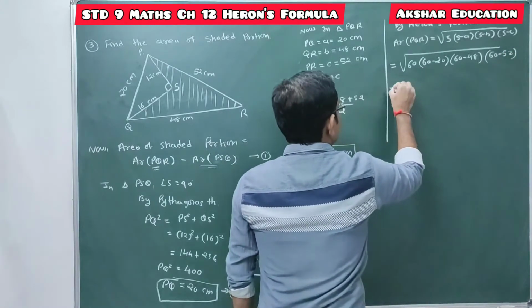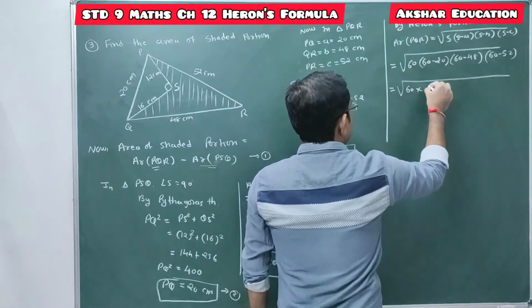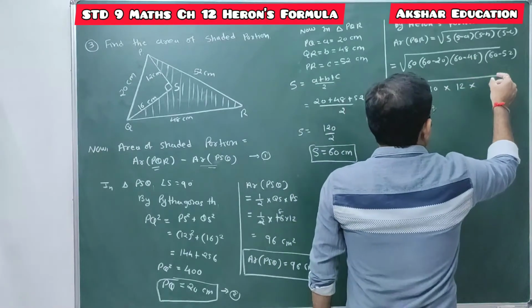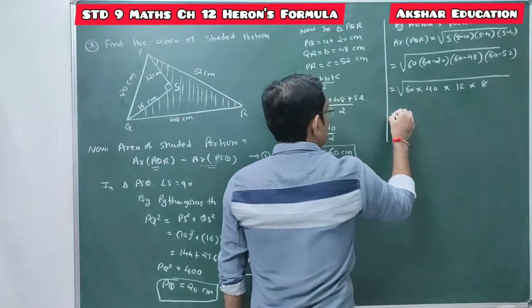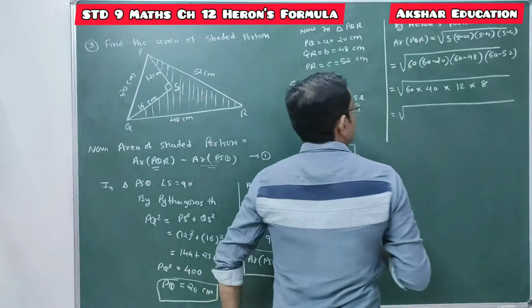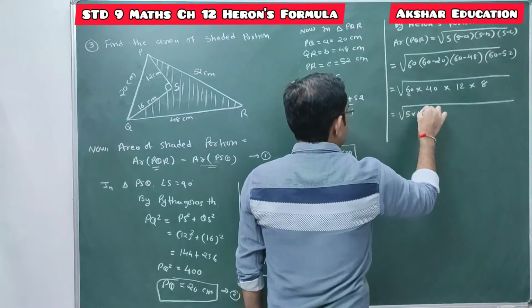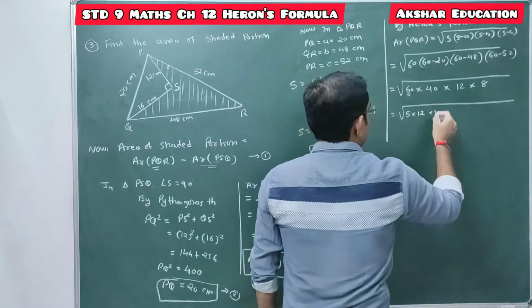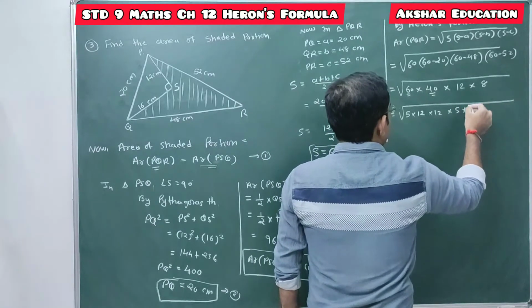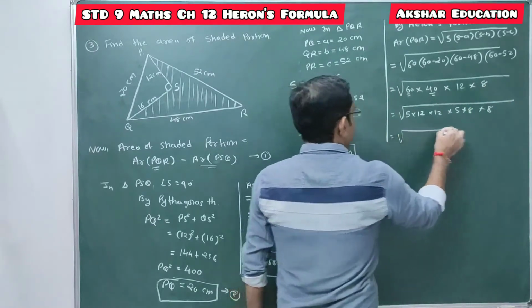Now we have to simplify this. So it's the square root of 60 multiplied by 60 minus 20, 40, multiplied by 60 minus 48, 12, and 60 minus 52, which is 8. Now we have to write these numbers as perfect squares or as pairs of two factors. So this 60 can be written as 5 12s are 60, and 12 is there. This 40 can be written as 5 8s are 40, and this 8 is there. Done. So now these are the pairs of factors.